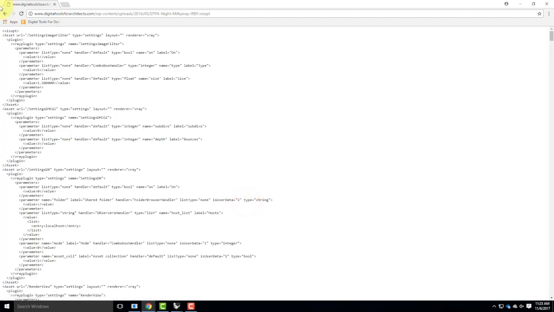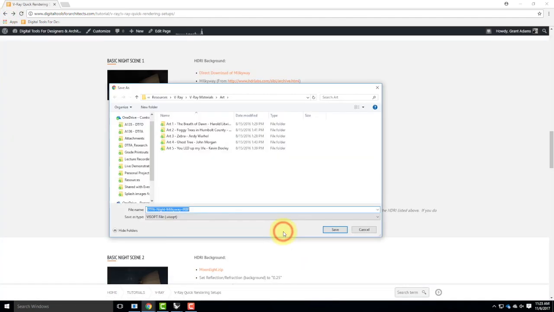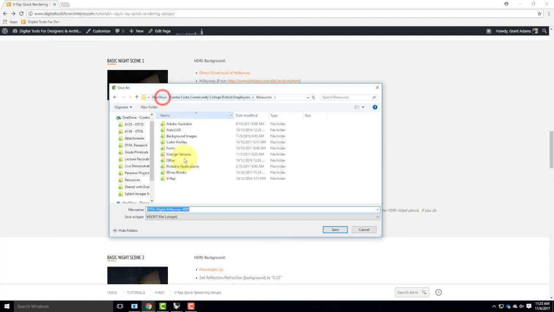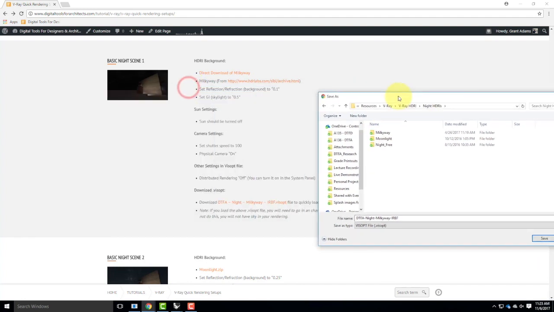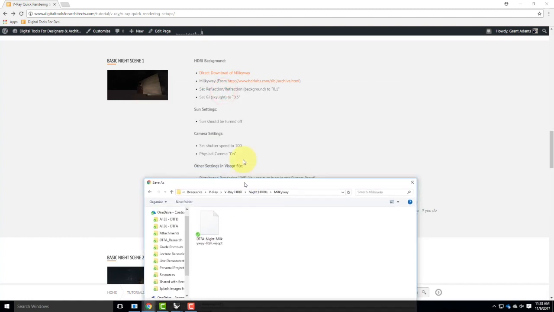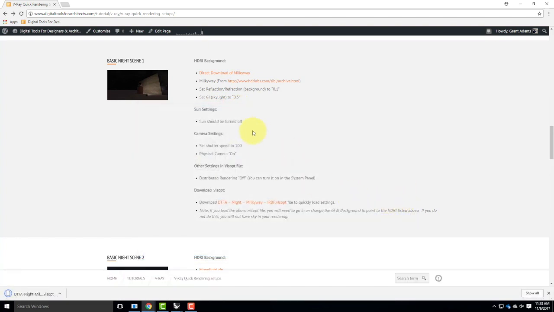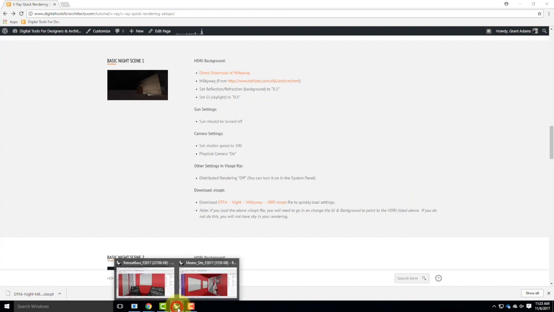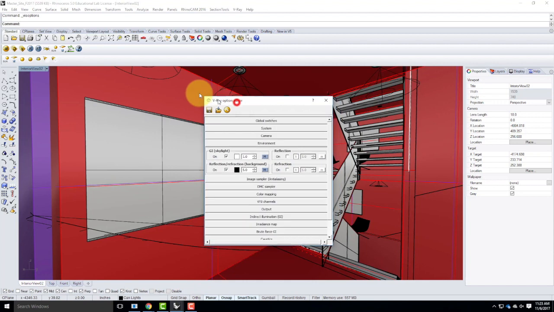So I'll go ahead, right-click on it, save link as, and I'll save it into my resources. There's my night, and this one was the Milky Way, and I bet I already have the VisOpt file there. We'll go ahead and replace it. There it is. And so then I can switch over into my master site, and before I load my Vray